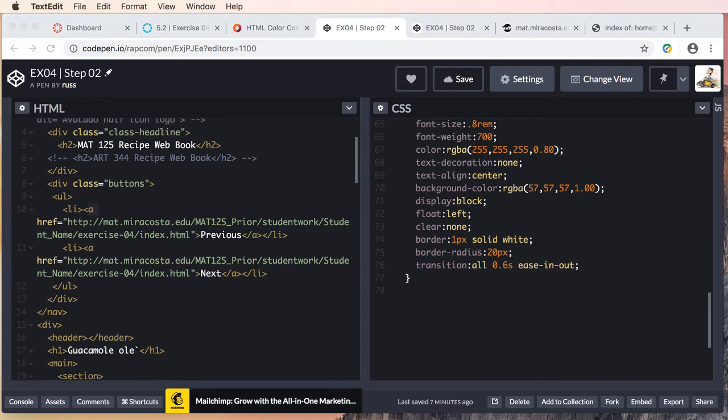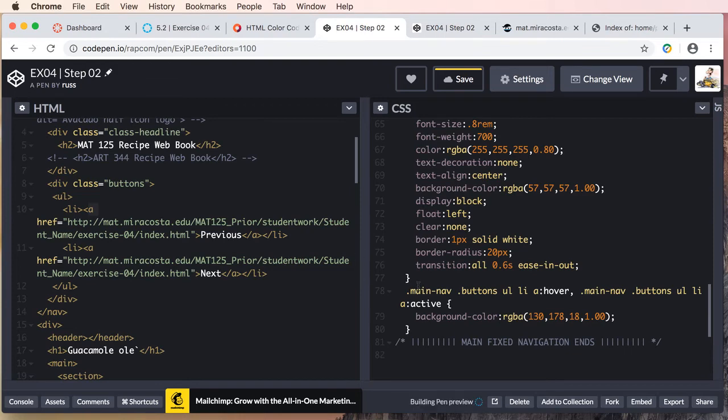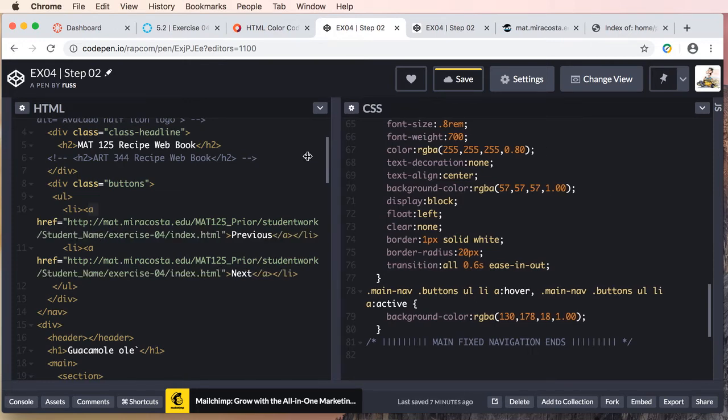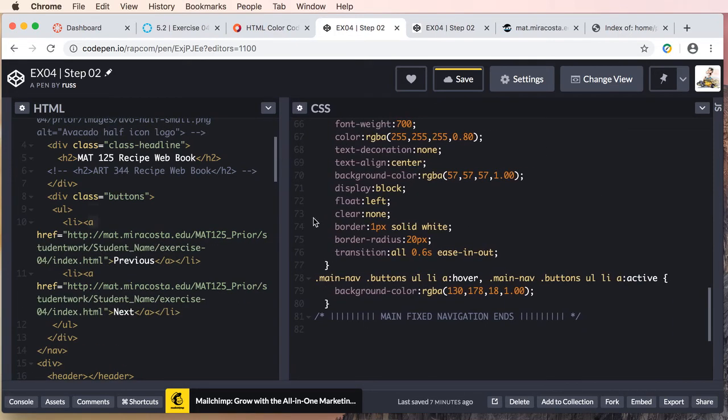I'll get it. I'll fix this here. And now what we're looking at is we have, again, our pseudo class, main nav, buttons, ul, li,